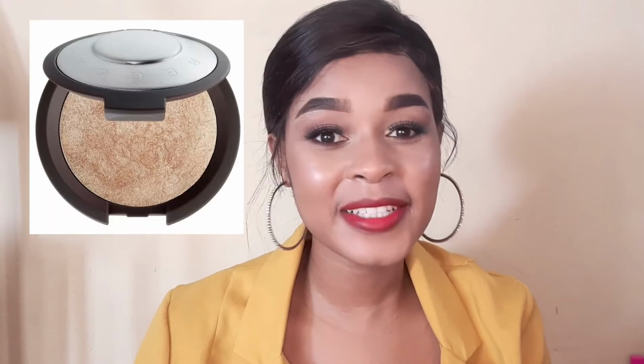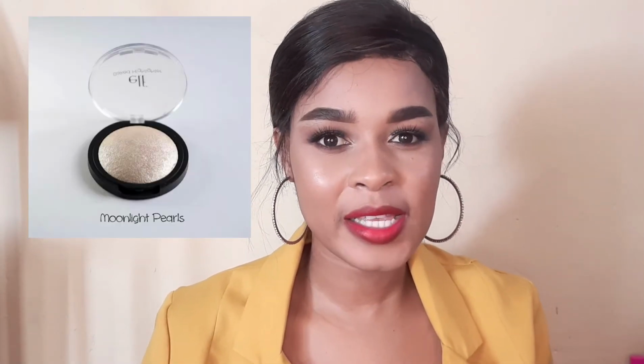Moving on, these are 2 products and this is how they look, although I don't think my camera can capture that correctly or nicely because of the camera quality. But you are going to need a blush as well as a highlighter. That's if you can find a palette that comes with those 2. But if you just want to get one, the one thing that I would suggest you get is a highlighter, because it just makes your face glowy and all of that. So I would suggest that you get a shade that matches your skin tone. If you have a cool tone, you want to go for those silvery highlighters, and if your skin is a little bit on the warm side, you want to go for the goldish